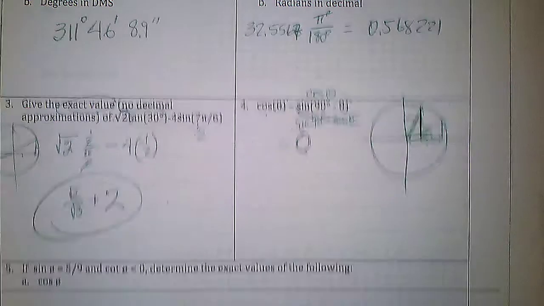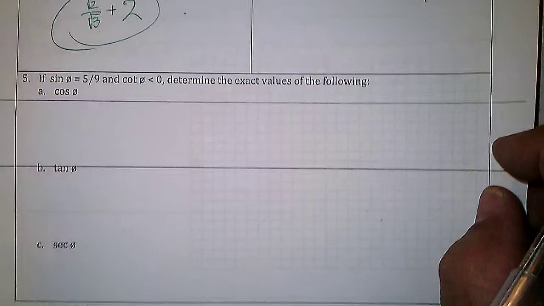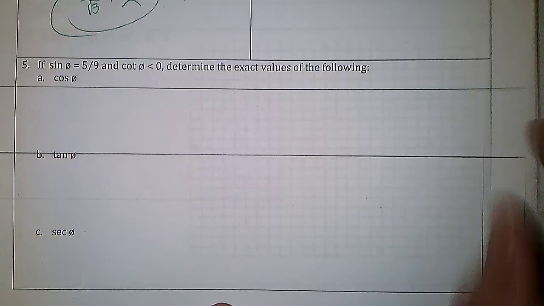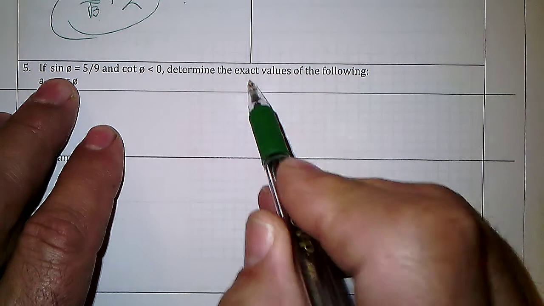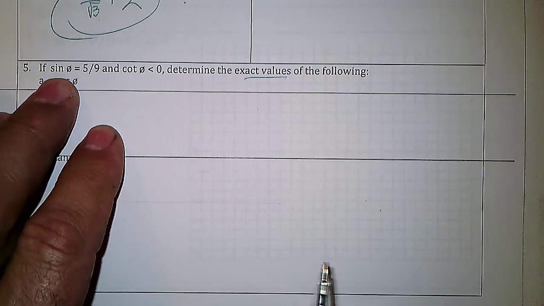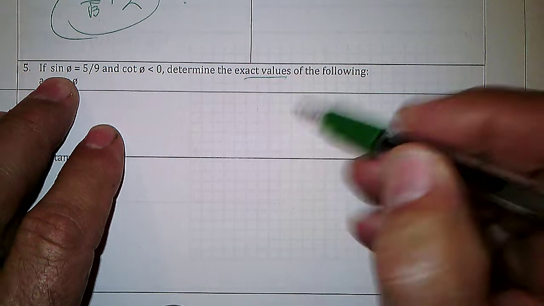Then you got 4 points. Number 5. We did a lot of these in the homework, and then I'm surprised that people messed up. Determine exact values. Now, it says the sine of phi